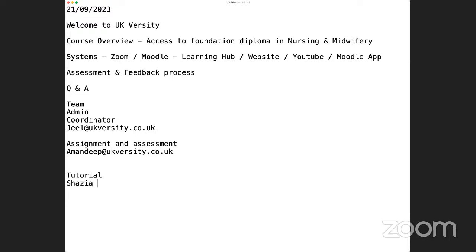So I've got Shazia. Most of the tutors will teach only their specialist units that they are experts on or have been delivering for a number of years. You have Shazia, Anjum, Victor, myself, Rex, and Temi. So there are a couple of different tutors because there are different units and they are in different subject areas, but generally 5 subject areas, and I'll show you that as well,